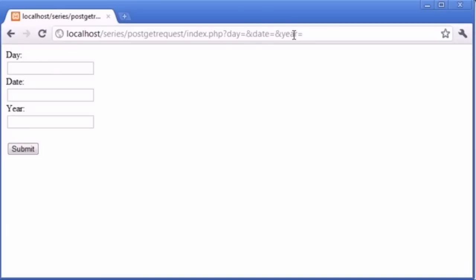We say date is equal to something here. At the moment it's equal to nothing. And then again the year is equal to something here, which at the moment is equal to nothing. So if, for example, I type Monday, I type 31st, and I type 2011, and I click submit, if you